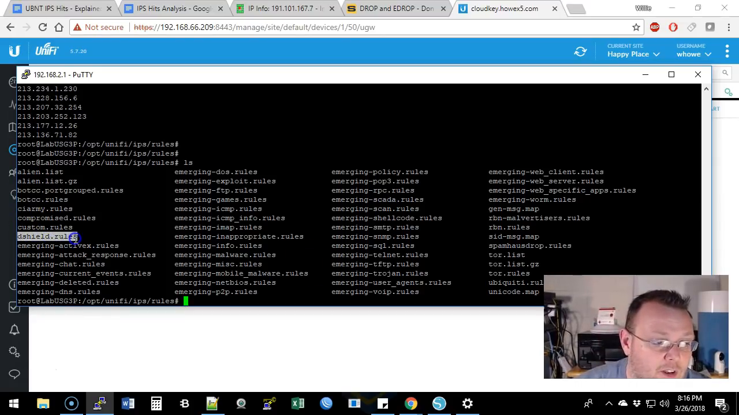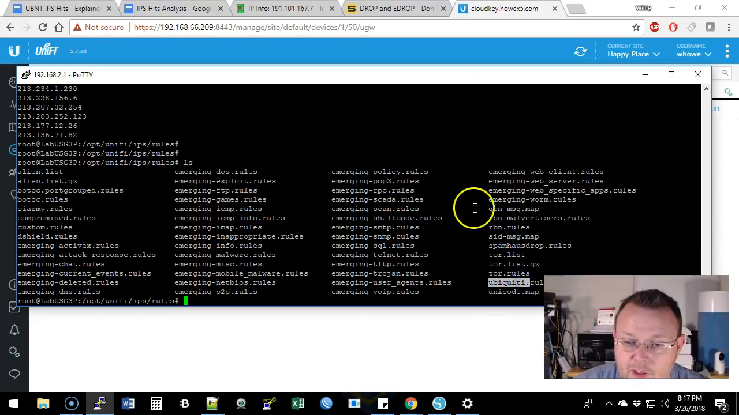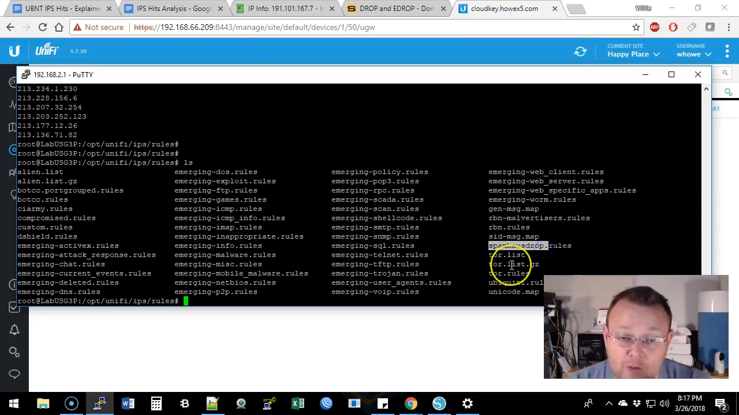Okay, so here we are. We're using DShield rules. There's Emerging Threats rules. Not sure what this one is off the top of my head, but here's Tor, and then here's Ubiquiti rules. So you can see, here's the Spamhaus DROP. So if you want to see what rule sets this thing's using, they're all under the opt UniFi IPS rules